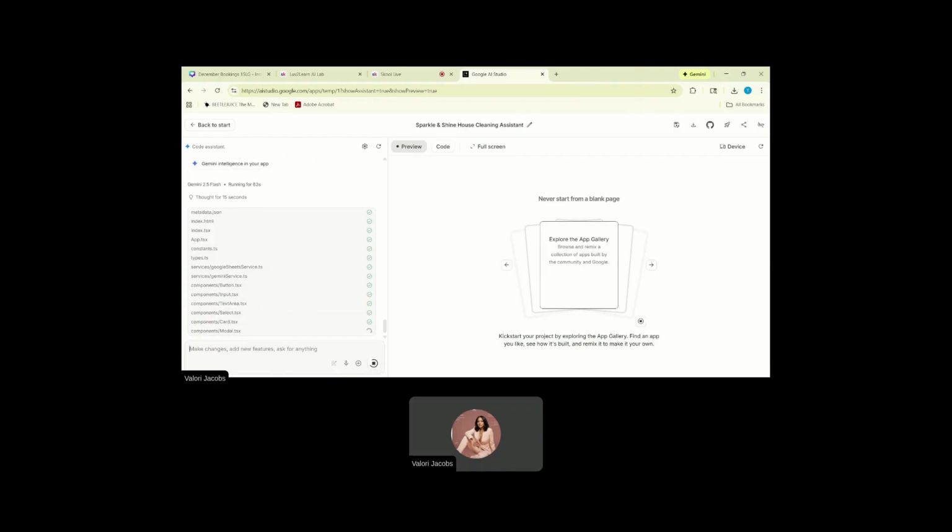So if you've ever used the Google AI Studio, let me know in the chat. And if you need some help with a project that you're working on already, it's really kind of easy to